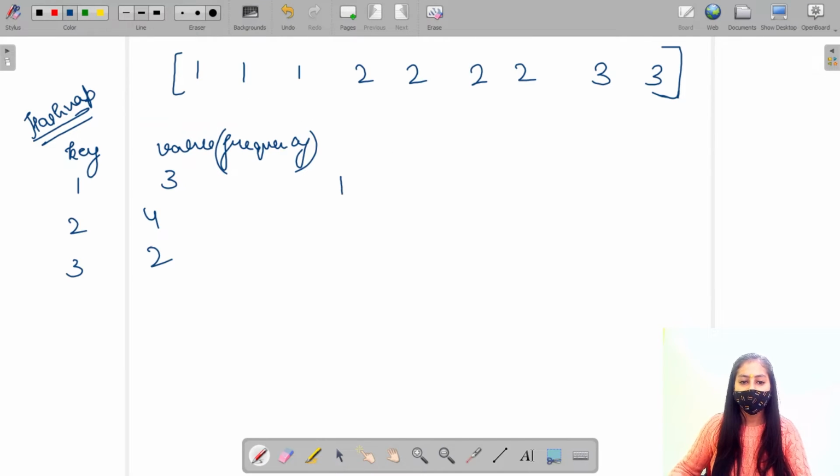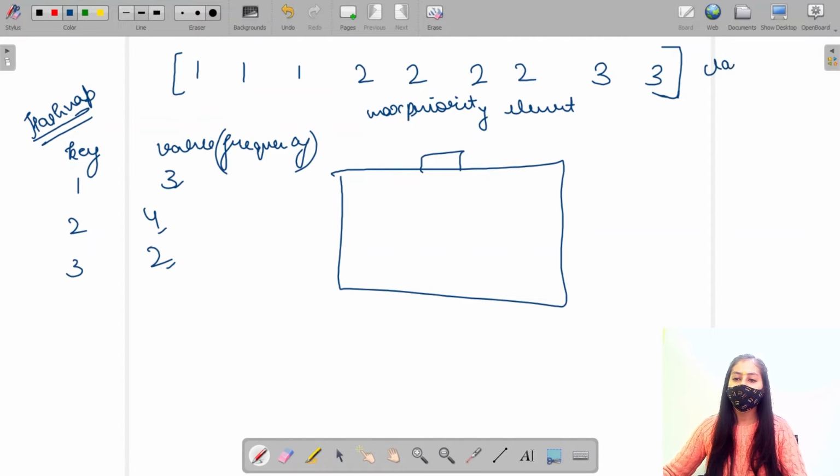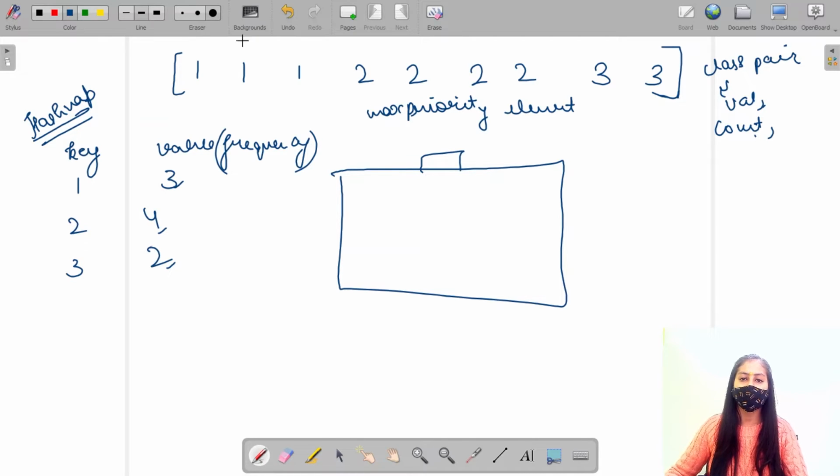So we'll be using the max priority queue. Now in the max priority queue, the element which is present at the top is always maximum. Now we have to choose the maximum value here, the maximum count, not the maximum element. We are concerned about the count. So what we will do, we will take a class of pair, right? In which value and count will be present, right? So value is representing the element, the count is representing the frequency of that particular element in the array, right?